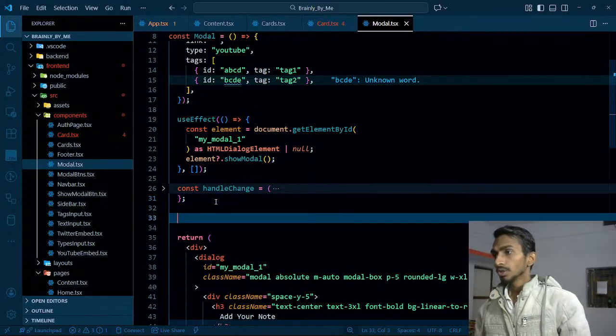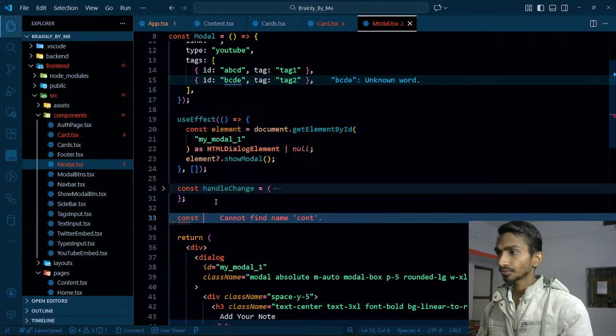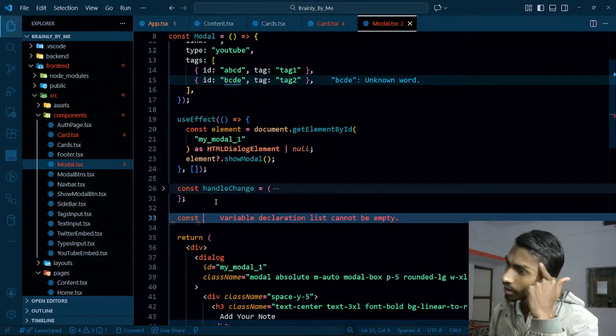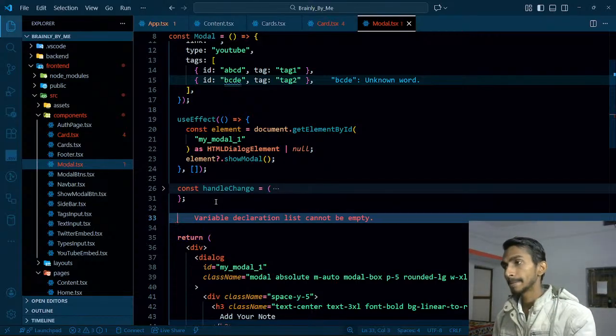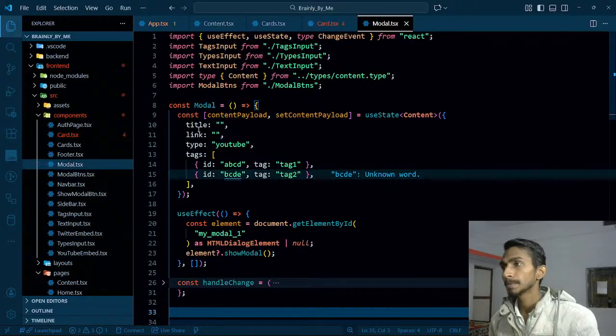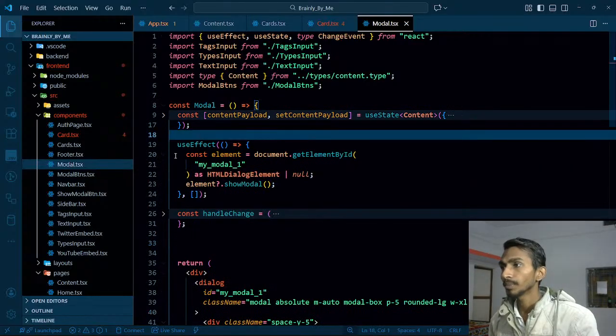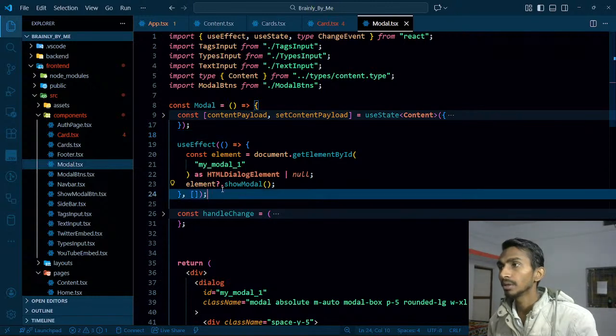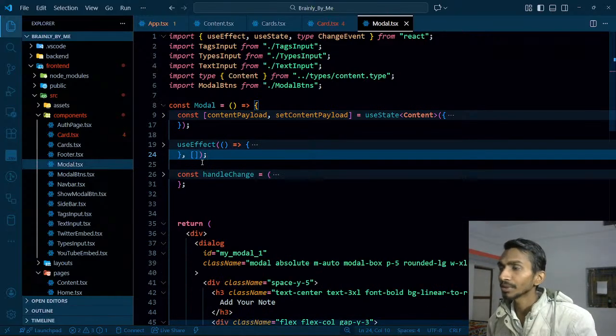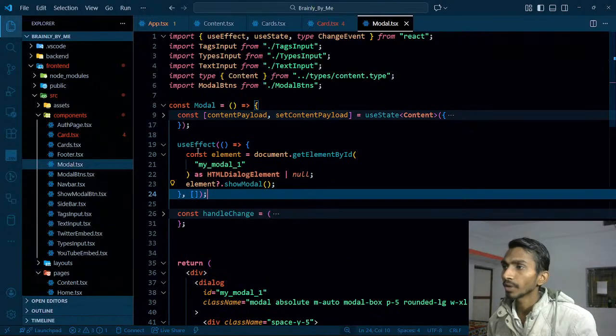Simple. So const, one more thing, I have my content payload over here. I have my use effect over here. It simply makes it visible. Why does it make it visible by default? Well, I don't need it to be visible, but initially for just testing purposes I needed it. Okay, and once I click on edit, it should appear, and once it appears, one more thing,